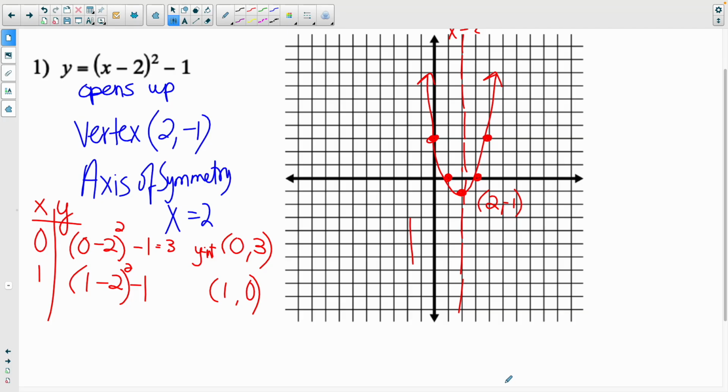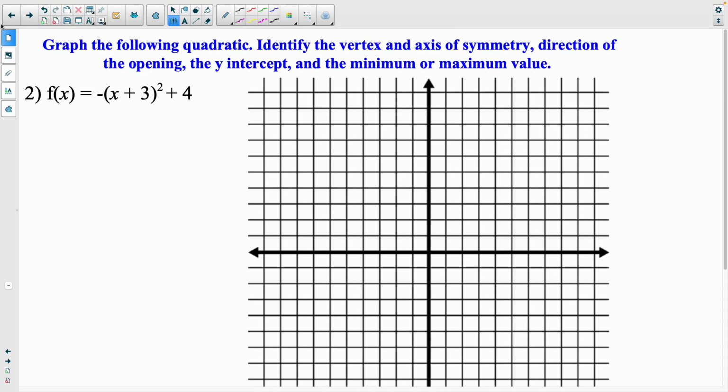Thank you. Okay, so let's do one more. Another. Same steps now. Now we got them down. What's the direction of the opening? Down. Down, good. Oh, I forgot to do minimum and maximum last